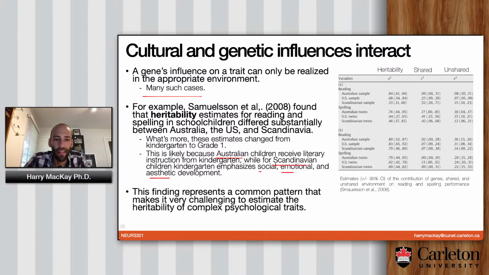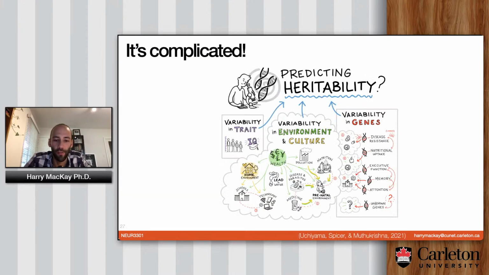And so my last slide here is just a nice illustration from this paper. You can look up these authors and find this paper. It's a good read, actually. But essentially, they're just talking about how complicated it is to predict heritability of things and how genetically influenced a trait is, because there is this kernel of actual genetic heritability that is true, but whether you can measure it and how big an effect it has depends so much on environment and culture. So of course, many of these things come down to wealth.